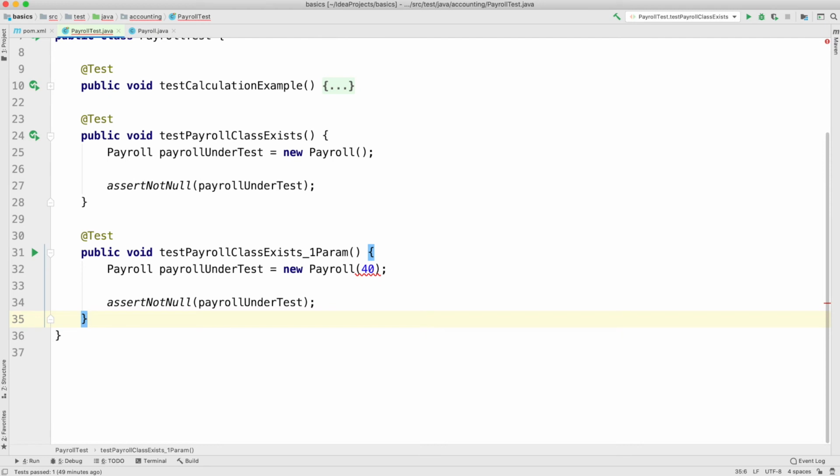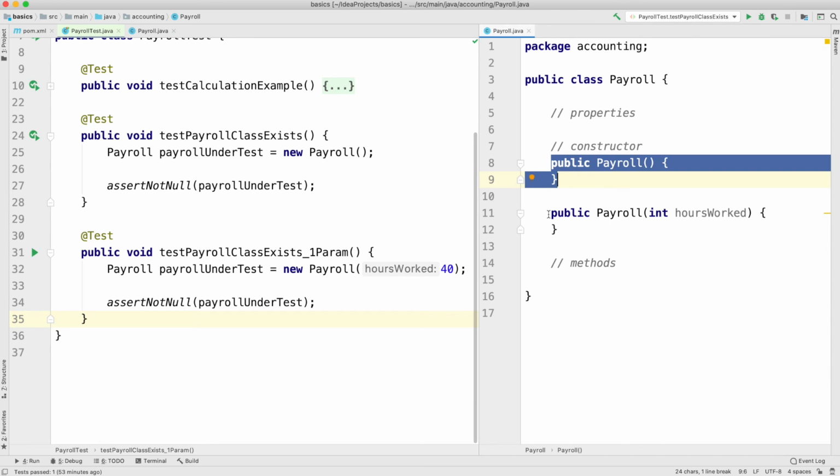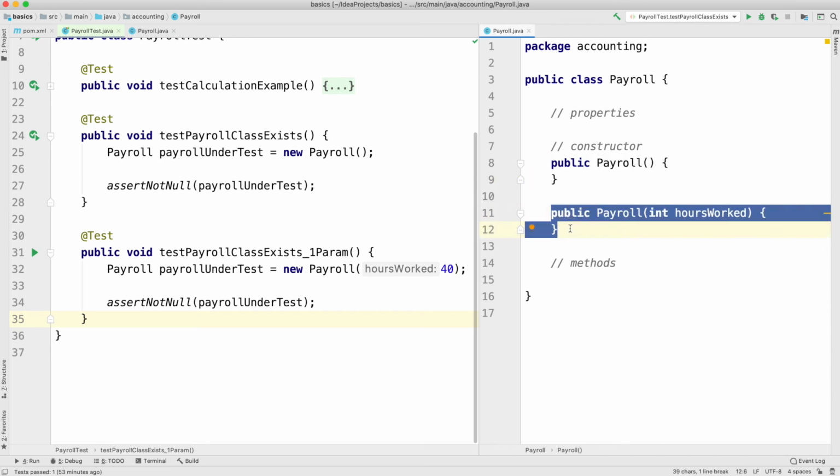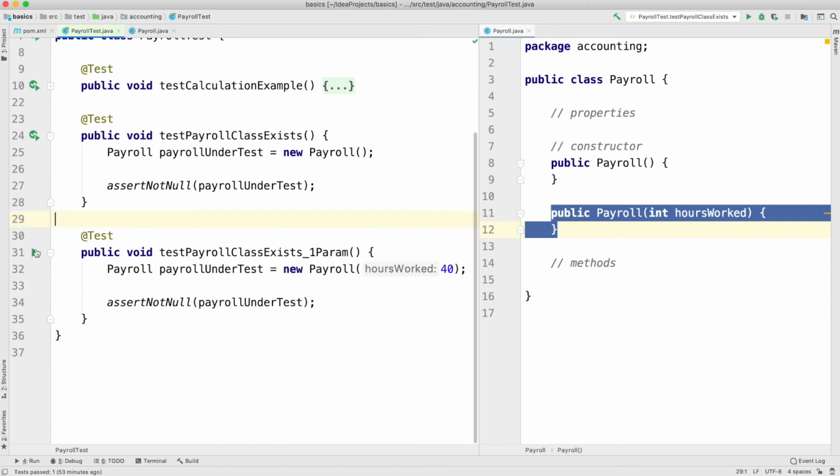Let's build a constructor that accepts this parameter. Here's our constructor with no parameters. Here's our constructor with one parameter. Notice how we do not have any compiler errors now. Let's run the test and see what happens. Run the test,